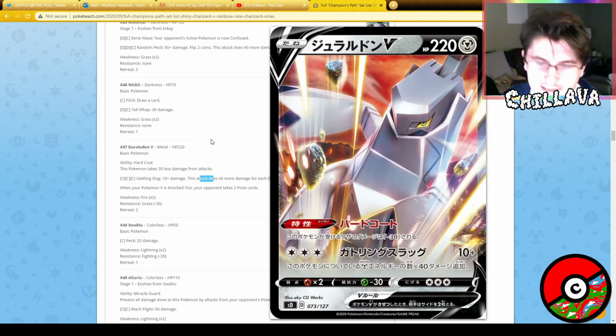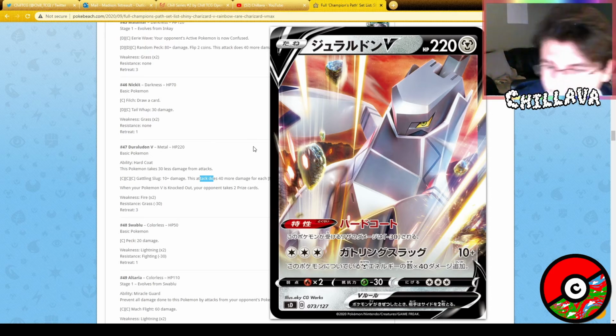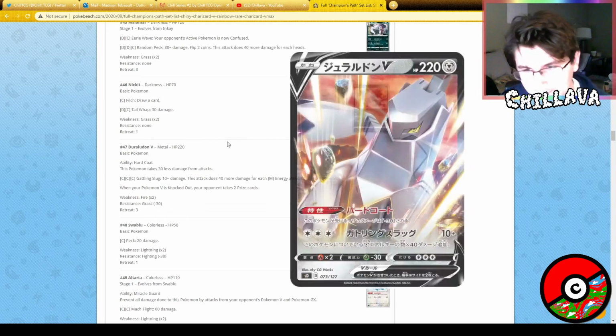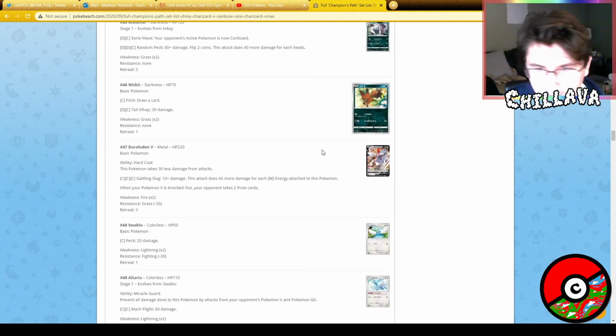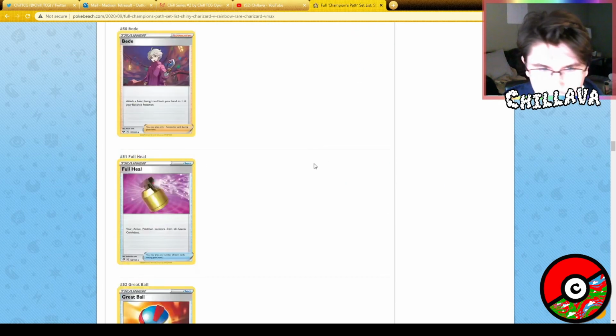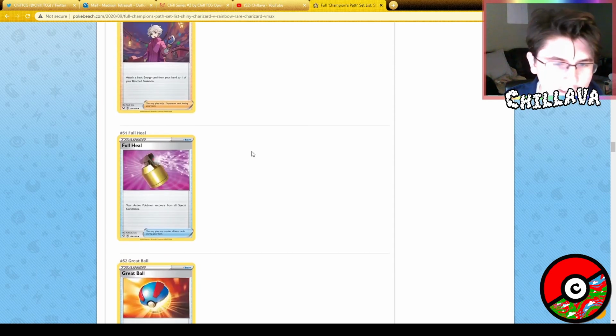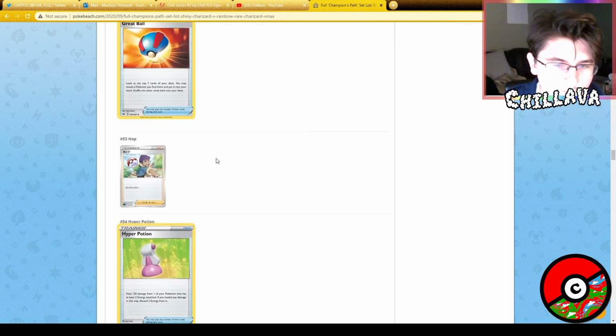So I guess to use this attack, you would need at least 3. So 3 times 40 is 120 and then plus 10. So I guess at base damage, you're doing 150 every turn. But then at the same time, you could power this thing up and, I don't know, it's kind of like a workstation, but you can put it in Welder decks, so that's kind of cool, I suppose. Getting reprints, though, going on to supporters, we're getting a reprint of Bede, Full Heal, Great Ball,